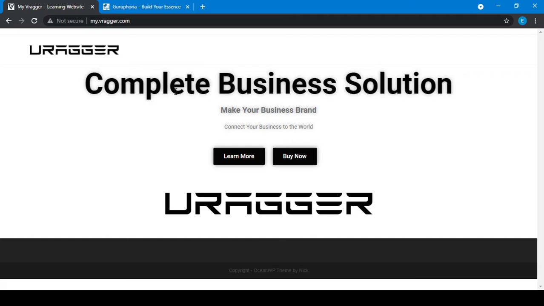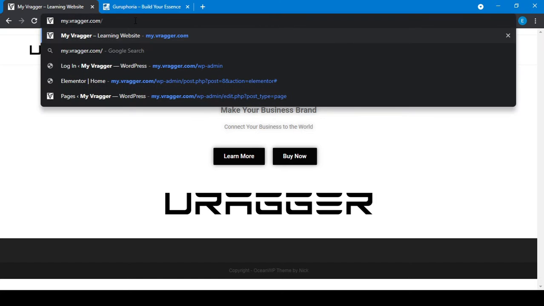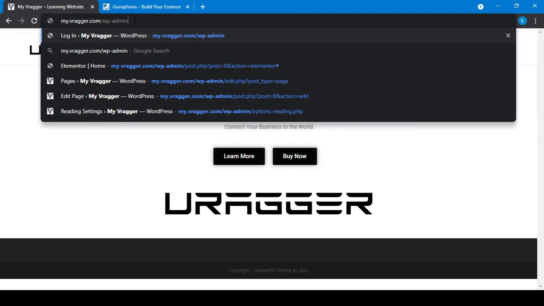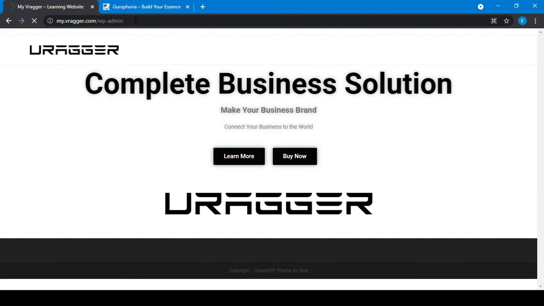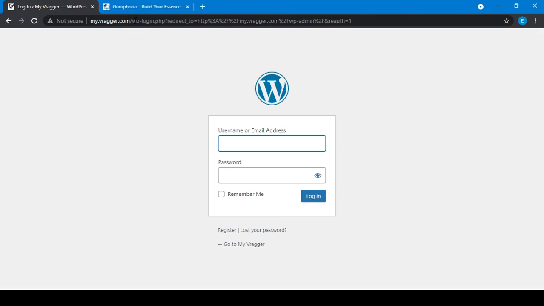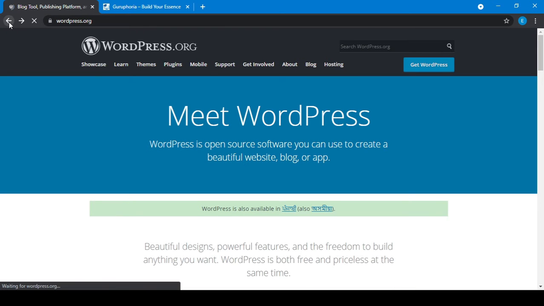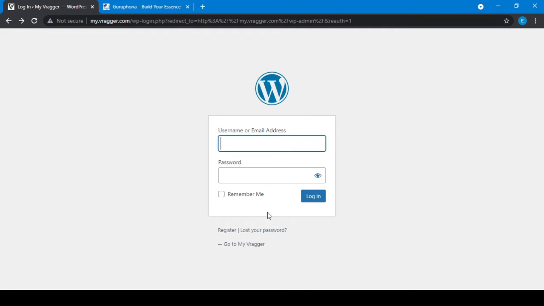So what I will do is go to my admin area. How will I go to my admin area? Just a simple footer slash wp-admin. Okay, it's enough, I think. So it will redirect me to the WordPress admin area. You can also customize this if you don't like it, I mean this setting, what it's representing here. So you can also customize it as you need.